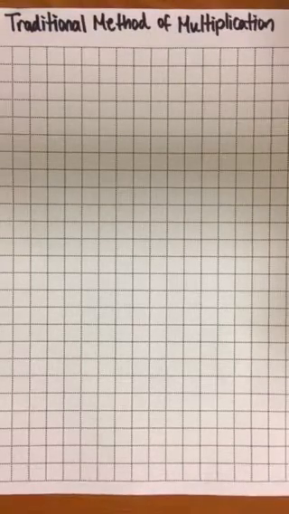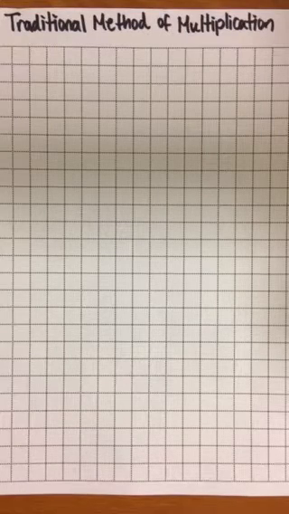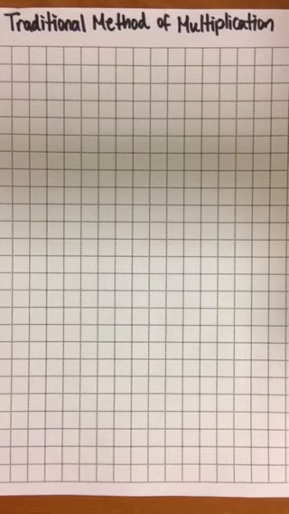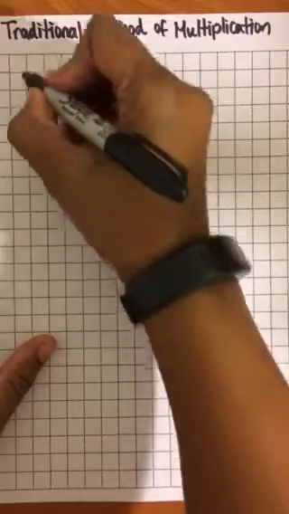The traditional method of multiplication. The traditional method of multiplication is great for mathematicians who recall their basic facts fairly quickly. It also is the preferred method by 5th grade teachers and ultimately middle school teachers. So let's start with